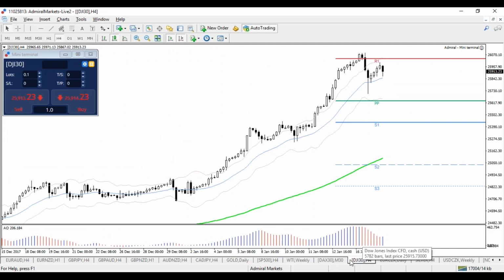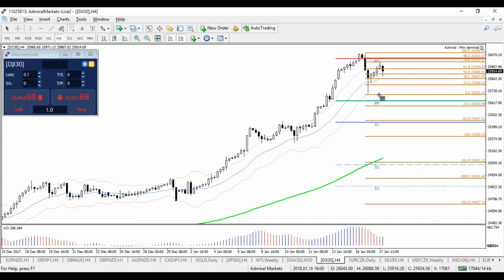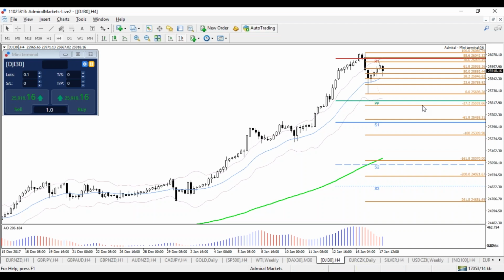Alrighty, Dow Jones 30 has made some downside, made some up, so looking like a little bit of a bigger correction. For the moment, this is probably a retracement within the uptrend, or this is what has happened the last couple of years at least. I think that putting a fib on this retracement like this, and these could be bouncing spots for more upside again. Pivot point S1, minus 272 target, minus 61.8 target, and these tops here. All right. Otherwise,